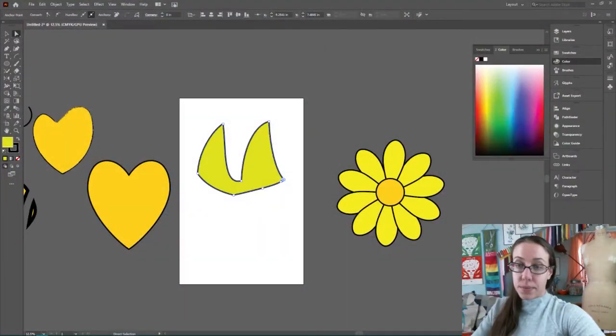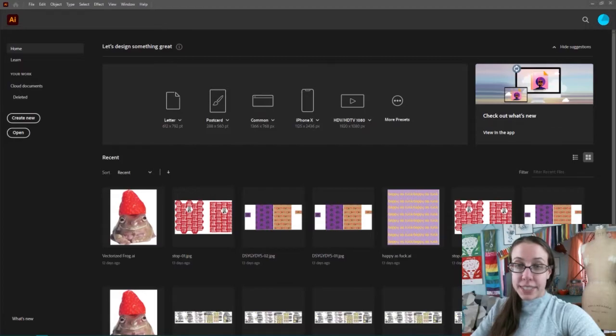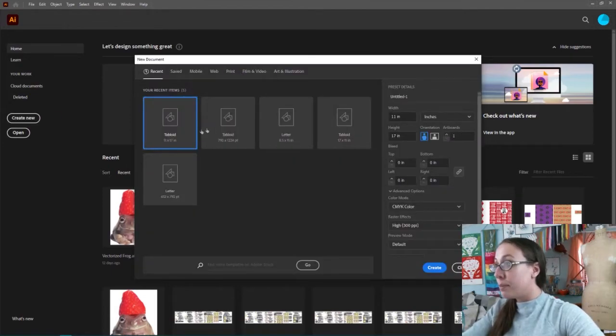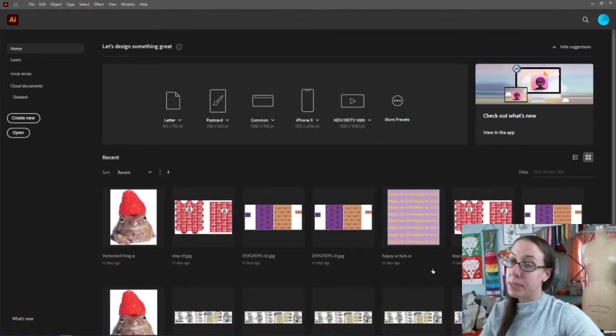So I am going to, that's the old one. Here's the real screen. I am going to create a new document, 11 by 17. That's what we work at, and that's where I like to keep in mind the scale. It's good practice to draw at the scale that you think the motifs might be at in the end, even though